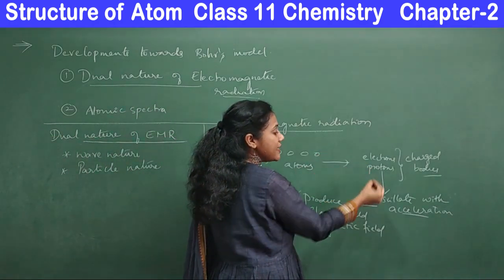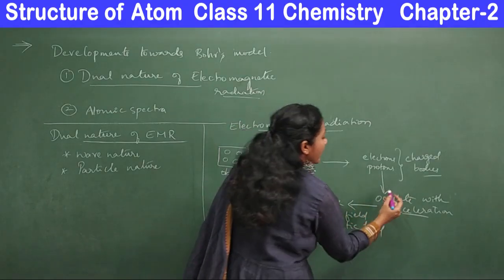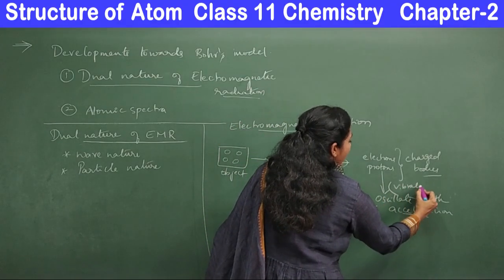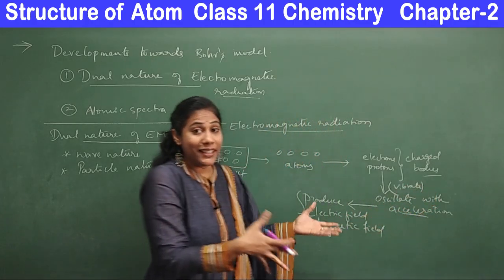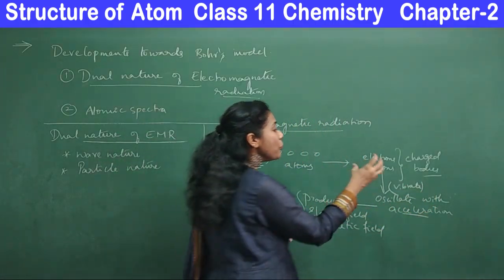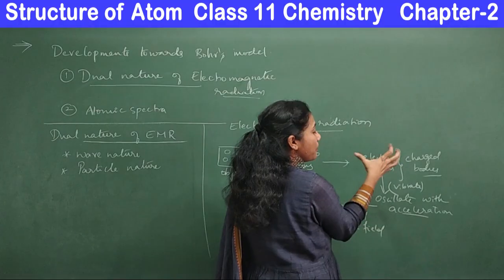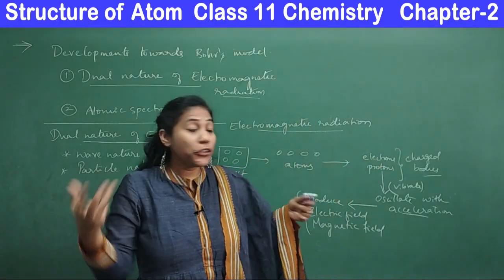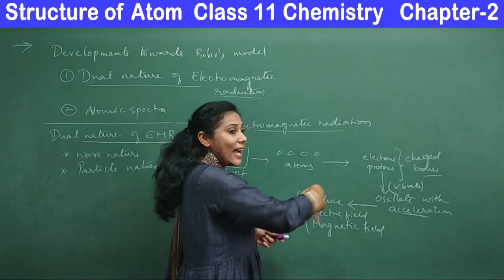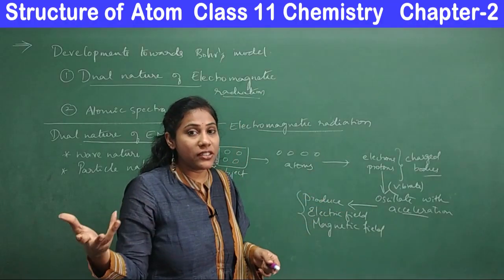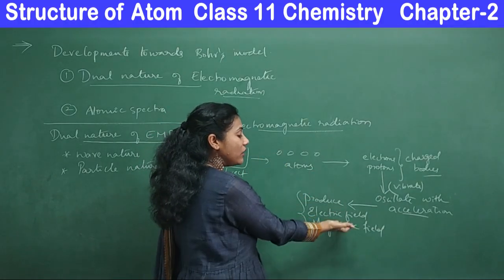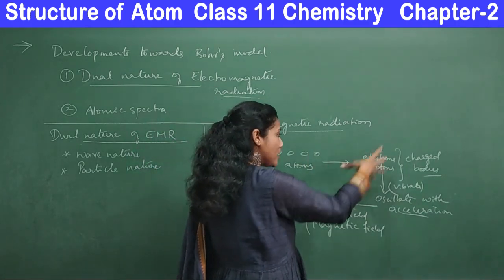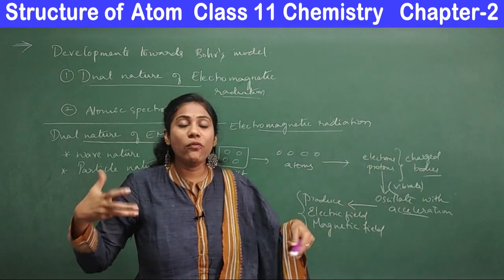Say why they vibrate. The first question is when they vibrate. Let me say oscillate, in the sense you can consider it as vibrate, in a simple way, in layman language. So when these electrons or protons vibrate with certain speed, they produce that electric field, and that electric field continuously changes. Changing electric field always produces magnetic field. So the question is why they oscillate, why they vibrate.